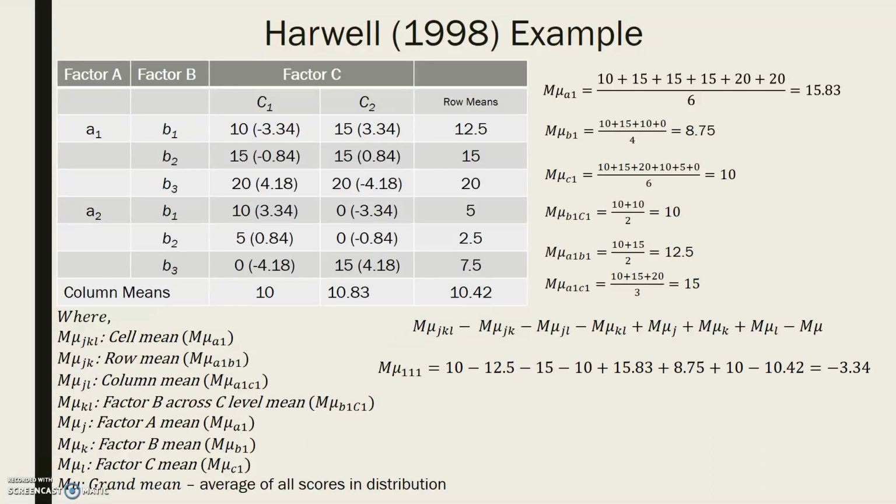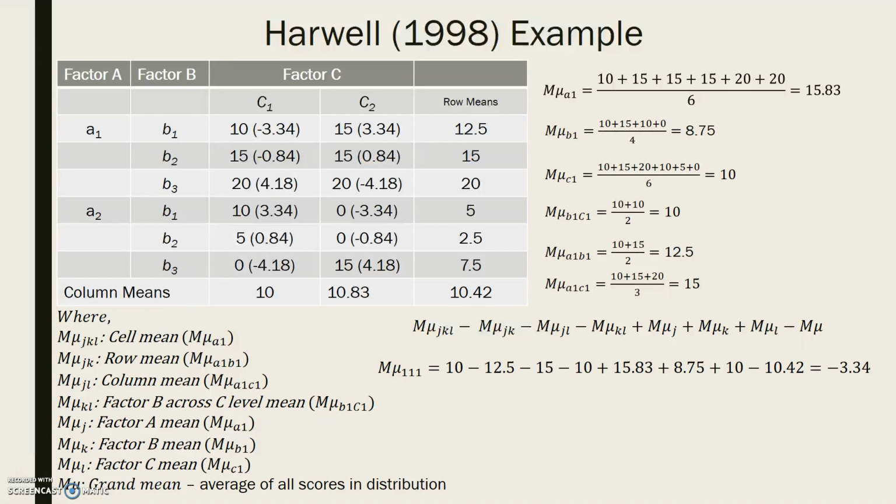So the formula's there. Underneath the table to the left is what those statistical notations mean, and then I provided on the right hand side where we're getting all these values. So for the cell adjustment for the first cell, mu sub 111, that's the first level of factor A, first level of factor B, first level of factor C. We would adjust it down by 3.34, and so we would subtract 3.34 from the grand mean of 10,